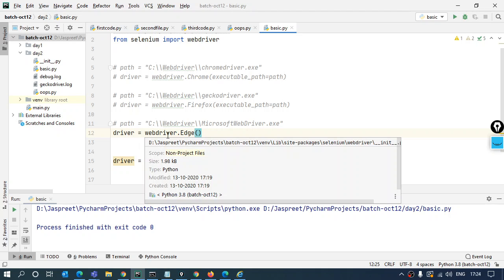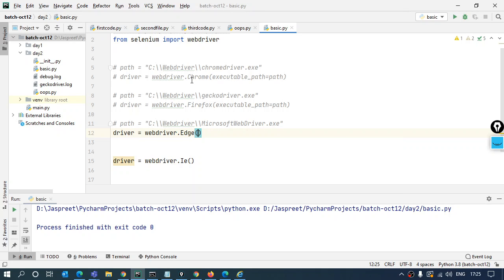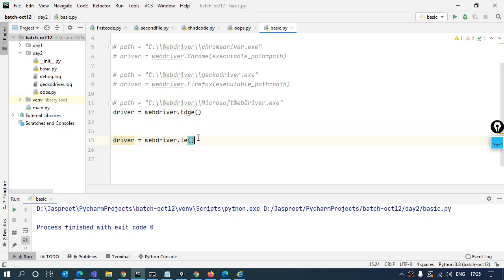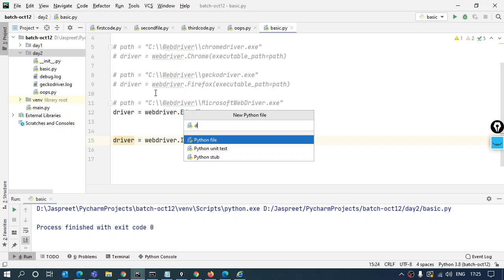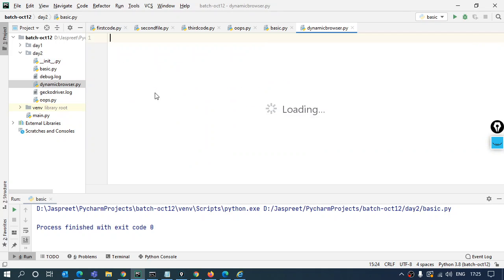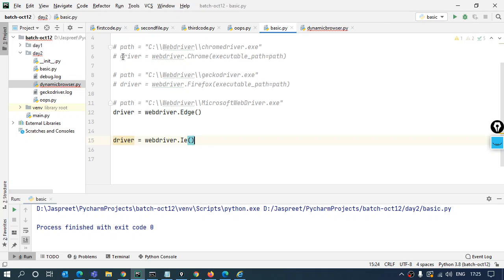But to start, if you want to just experiment with this, you can have an if else condition over here. I'll create one more module named dynamic browsers. I can have a variable browser, and inside this I can pass any value like Chrome, Firefox, Edge, whichever I want to open, and I can say if this browser is equal to Chrome, then it should fire the command to open up the Chrome browser. This command needs to be fired.